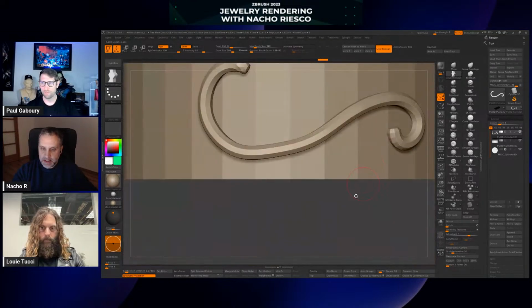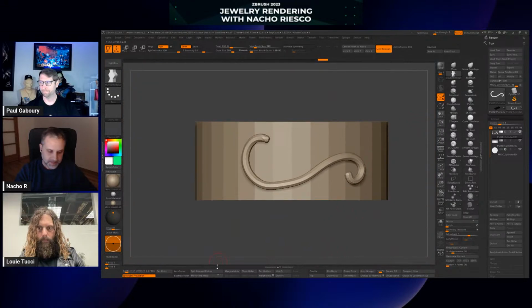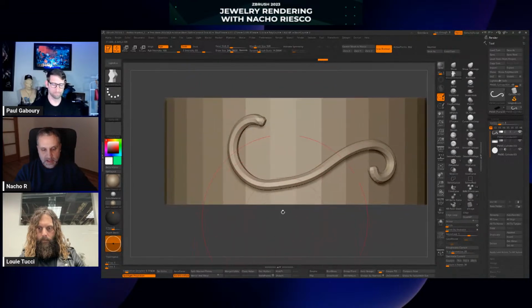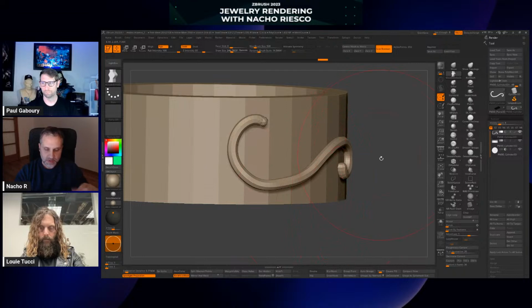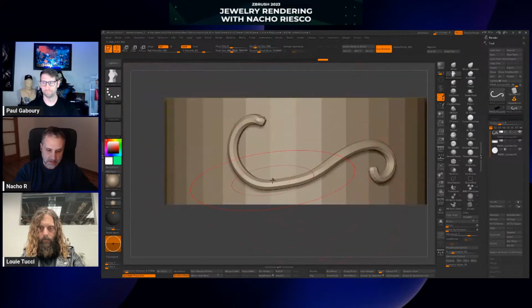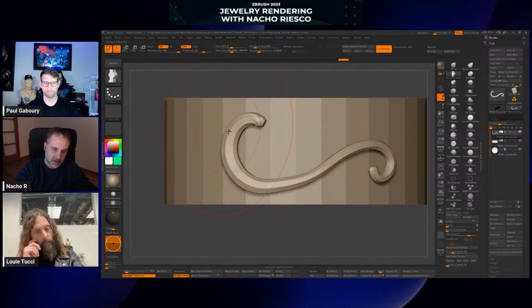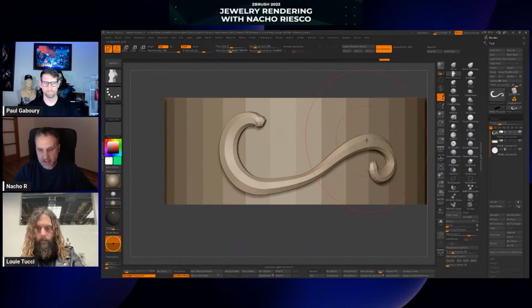And with this brush and with the back face, the good thing about this brush is I'm worried about this view, but I know that the same thing is happening on the front and on the back, because this brush reacts to the depth on the canvas. So I can start changing the shape of the